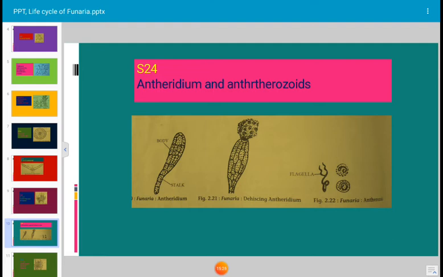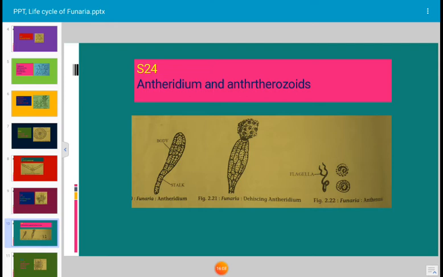This photograph is shown here. Antheridium is shown and dehiscence of antheridium is shown here. Let us see how the dehiscence takes place. Dehiscence means release of the antherozoids by breaking the uppermost region of the antheridium. Dehiscence occurs only in the presence of water, which may be provided by rain or dew. The opercular cells become mucilaginous, they become sticky, and the inner pressure ruptures the wall, creating a pore-like structure